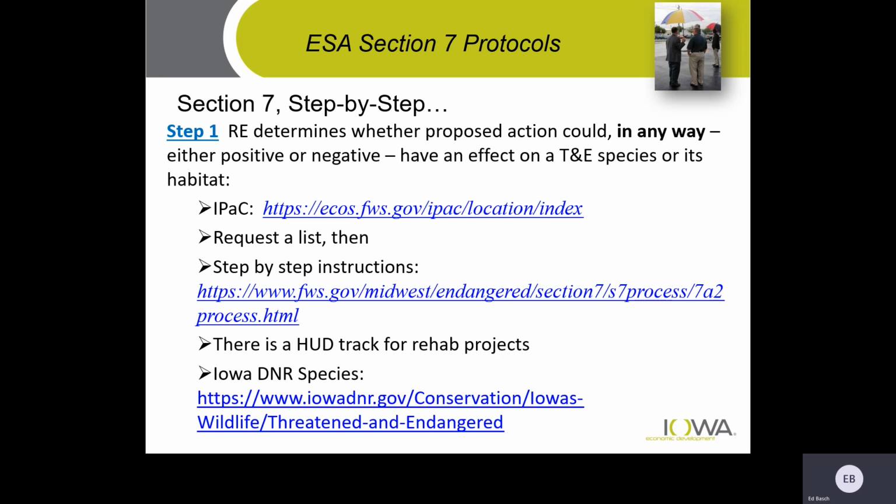Okay. There's a HUD track for rehab projects, and then here is the DNR site for endangered species, and it'll list them pretty specifically.